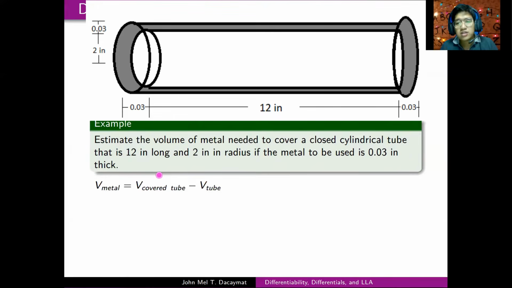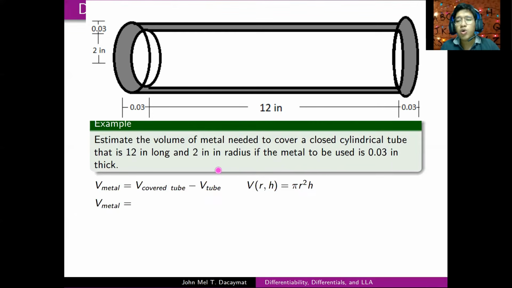And this is where differential will actually come in because ito yung i-estimate ko, yung volume ng metal na ito nga yung katumbas. Ito ay difference ng function value. Diba? So, it's really an application of your differentials. My function being the volume of a cylinder, pi r squared h, which we know to be a function of radius and height. Okay? Good. So, now,